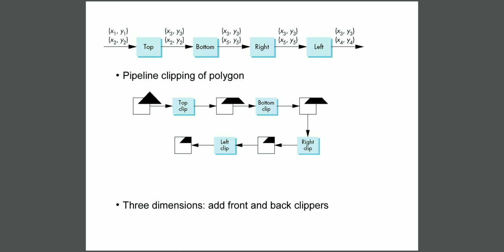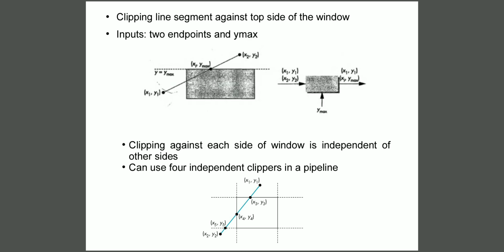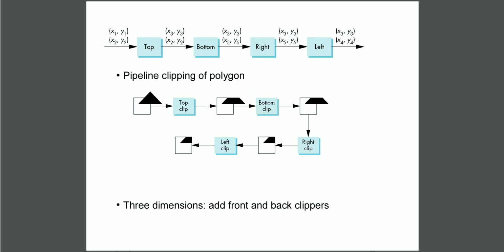Now we will give this as an input to the right side clipper. When we observe, the line segment is not exceeding the right side of the output window. That means the line segment is not exceeding the x maximum value, so it is not required to calculate any intersection point here. The same input the right side clipper has received will be given as output again. So the output of the right side clipper will be x3 y3 and x5 y5.